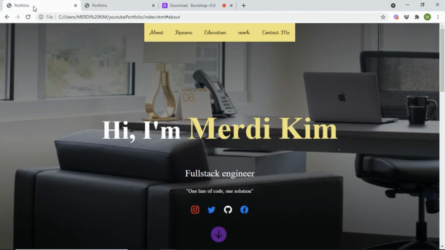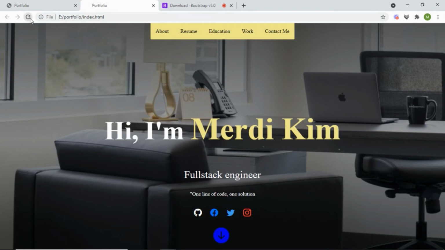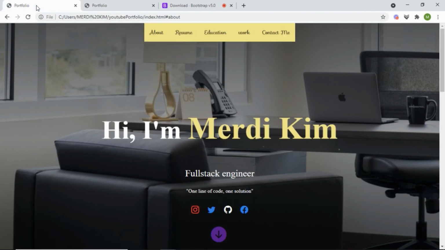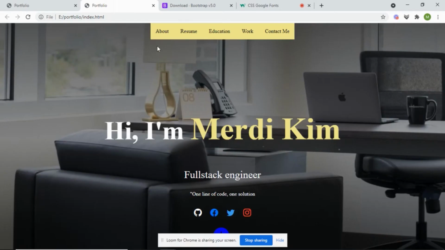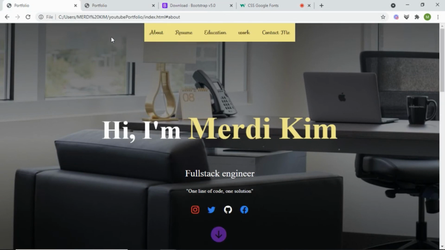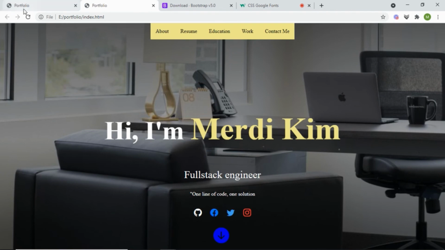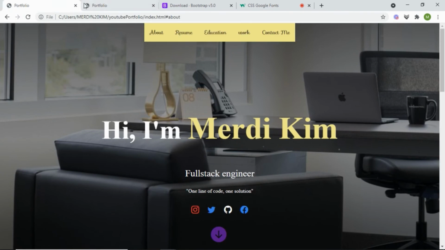Yeah, no, let's refresh. Okay, I think I'll have to work on that to make this color different. Another step is to make this font. You see, it's a bit different from this one. And now to do that,